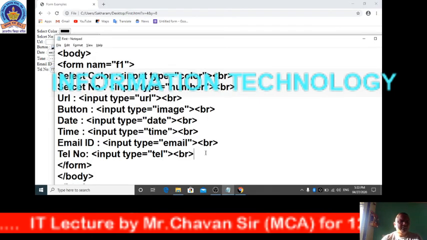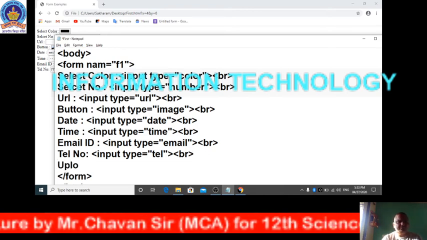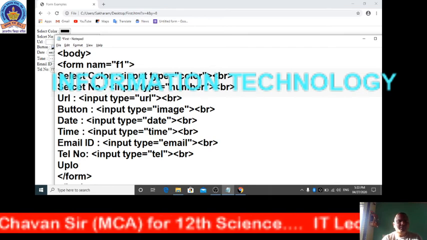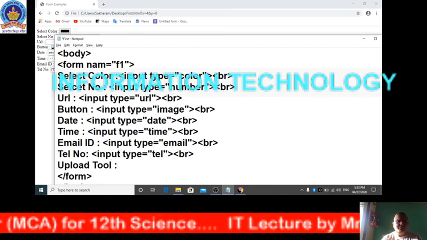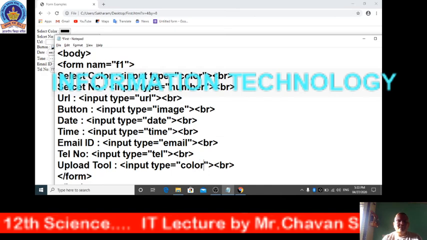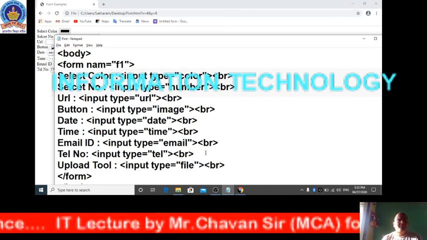Then we can use an uploading tool to upload files from the user. With the same input tag, the type attribute has the value file.